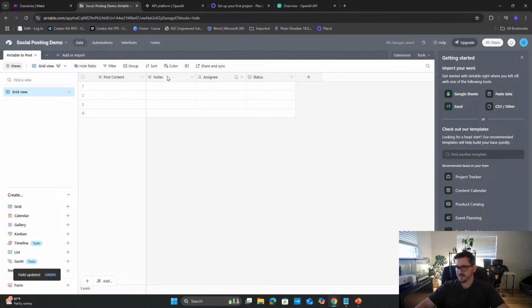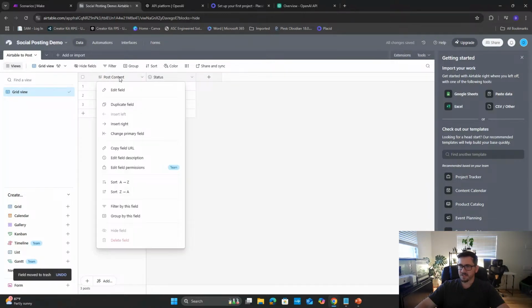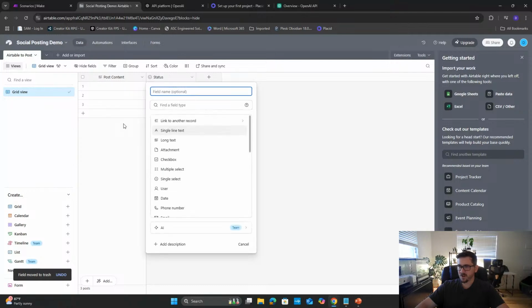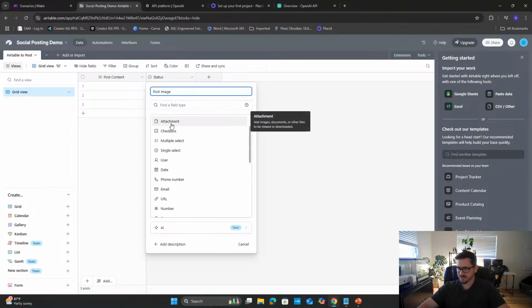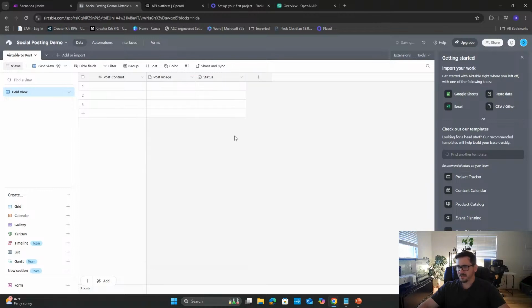Second thing is we'll go ahead and get rid of some of these fields that we don't need. We'll keep a status field because we'll use that. Now you'll right click on this field and just say enter right. Now for the next field, what we're going to do is the post image. This is one of the reasons that Airtable is so cool. We can just come up to attachment, and now we can create this field, and with just a couple of clicks, we're able to upload